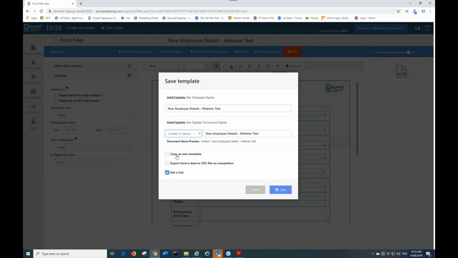A few other things that you can do is you can copy this as a new template. So if you want to create another copy of this template we're working on, you'd select that. If you are capturing data within your form and you want to export the data on completion, you can tick this and then you will have a CSV file available for you to download. And the last one is the get a link, and this one I'll explain in detail because it's a really